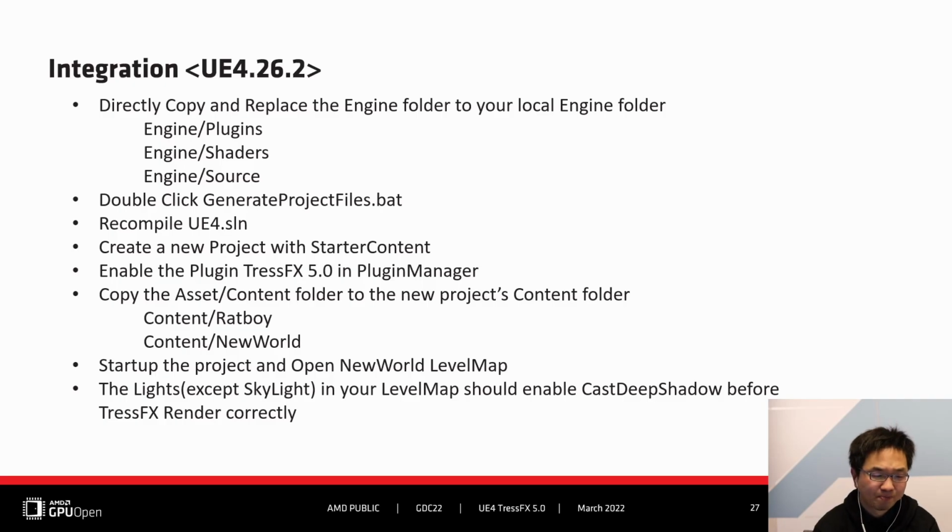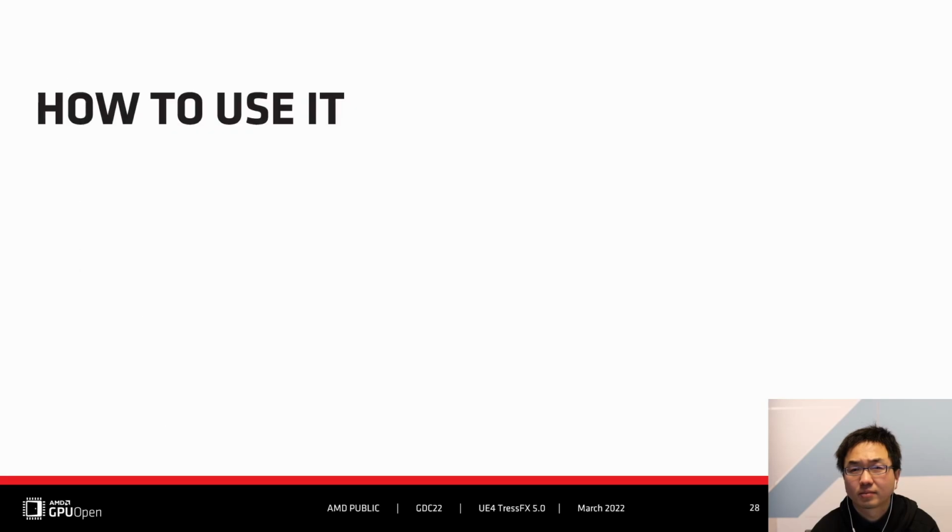The lights, except the skylight, should enable cast deep shadow before TressFX can render correctly. After integration, I'd like to share with you more details about how to use it in UE4.